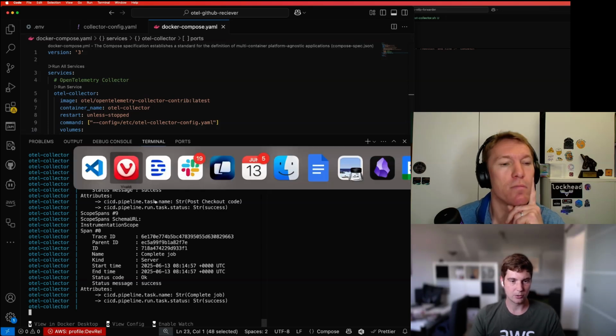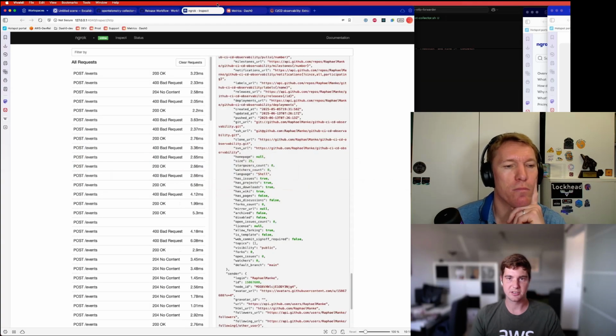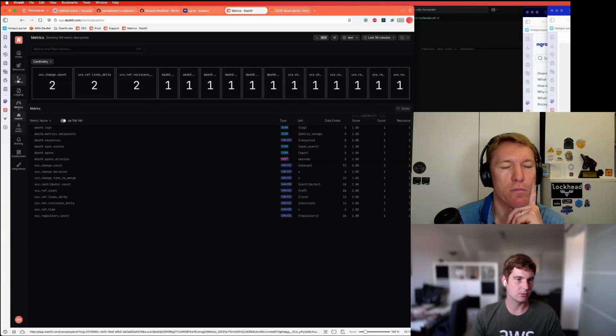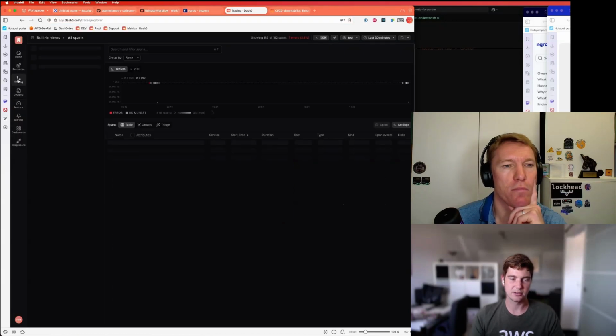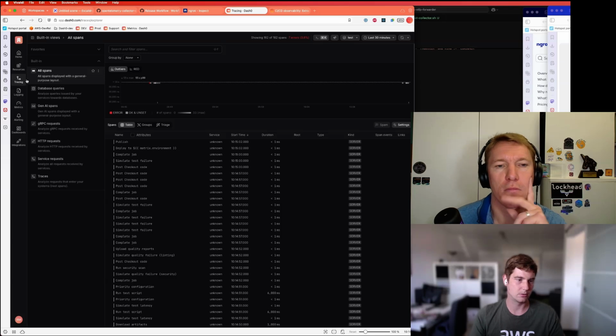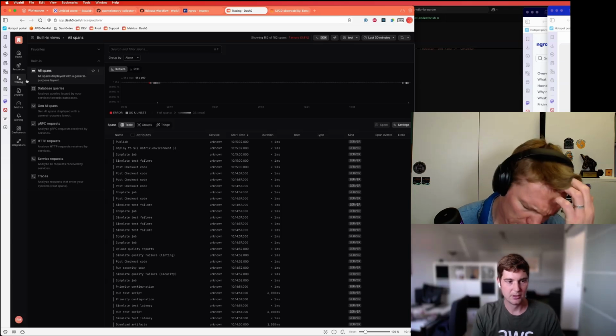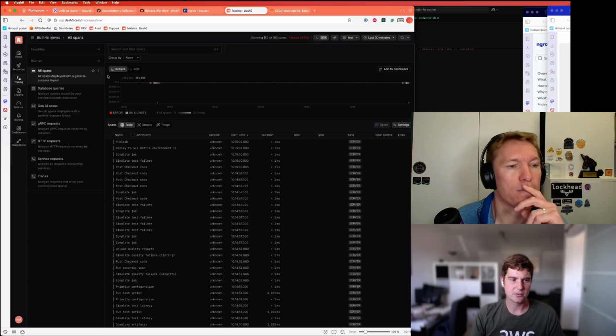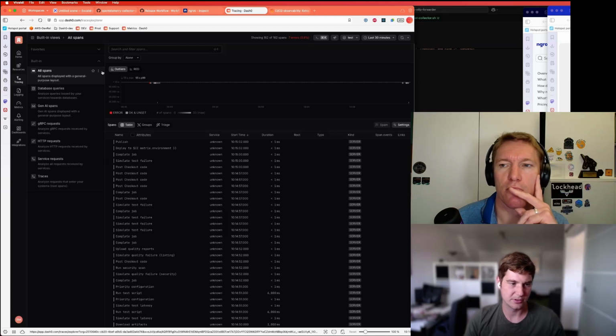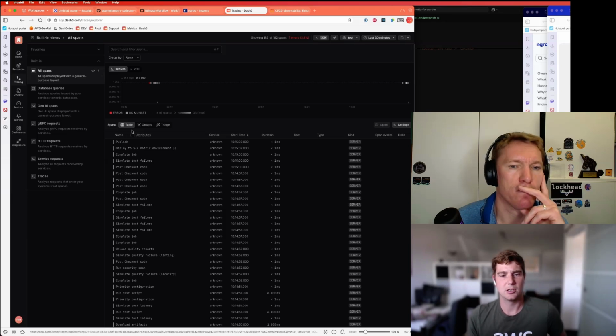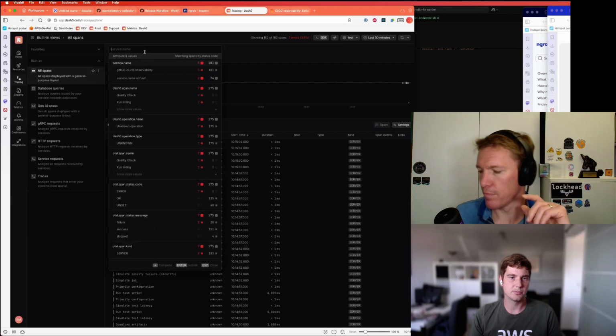So let me jump over to a visualization tool or any other backend. It could also be Jaeger or whatever you have in place. And I think it could even be AWS itself, since they also expose OpenTelemetry endpoints to send data there, to probably see it in X-Ray or somewhere else. And if I now look, for example, at this trace,